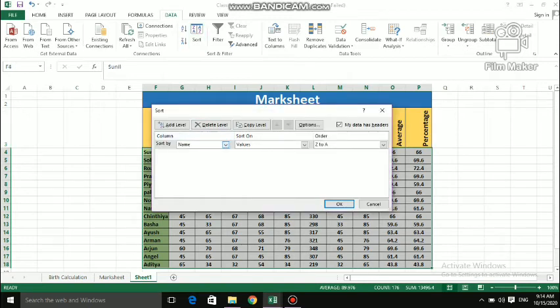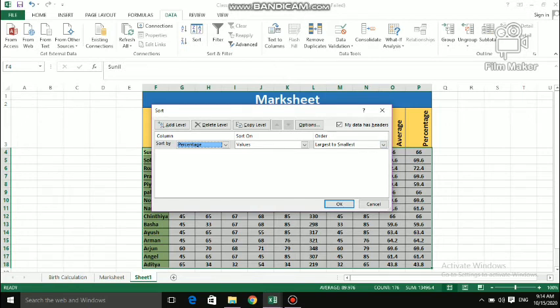If I click on the drop-down, can you see? Now each and every heading you can see, is it not? This way you can sort by each and every heading, so percentage also, average also, minimum, maximum. So this is called sorting by range.